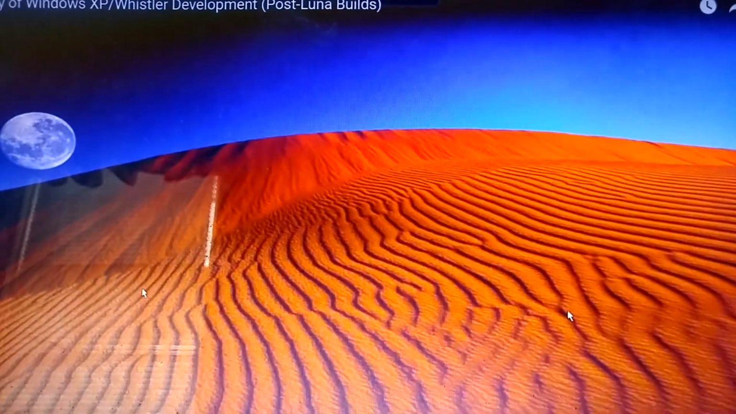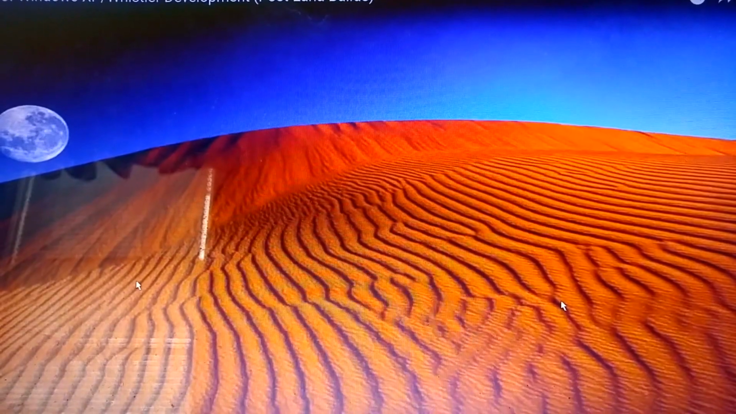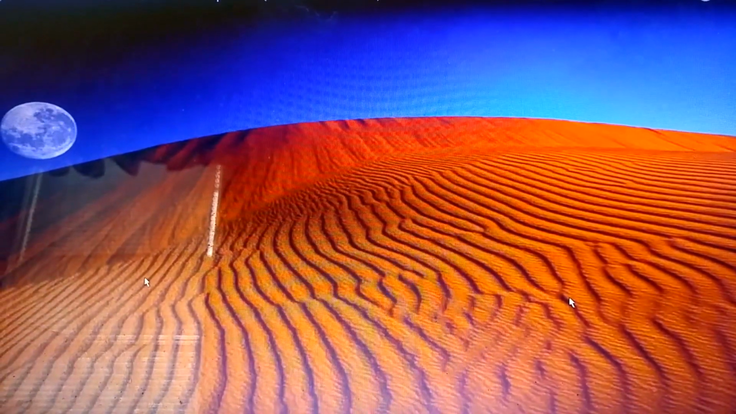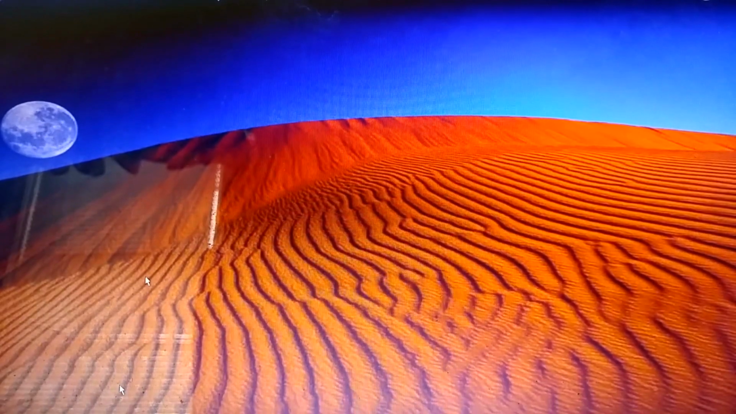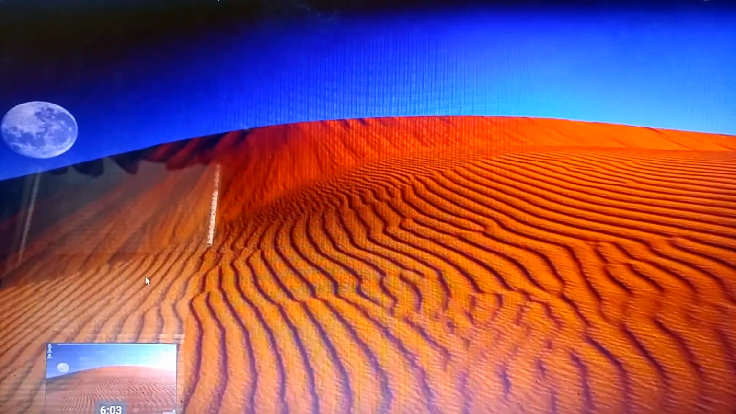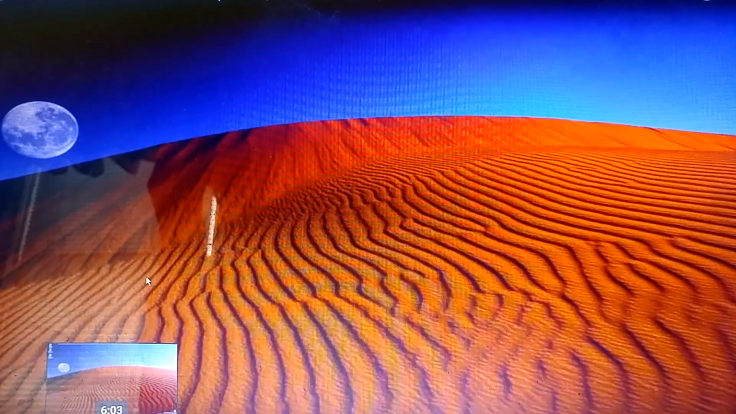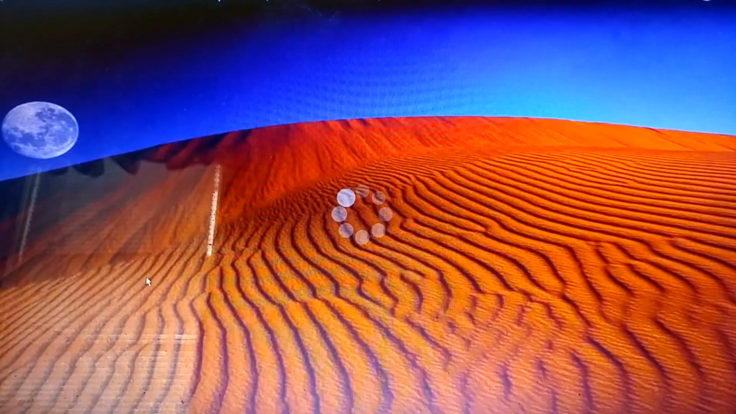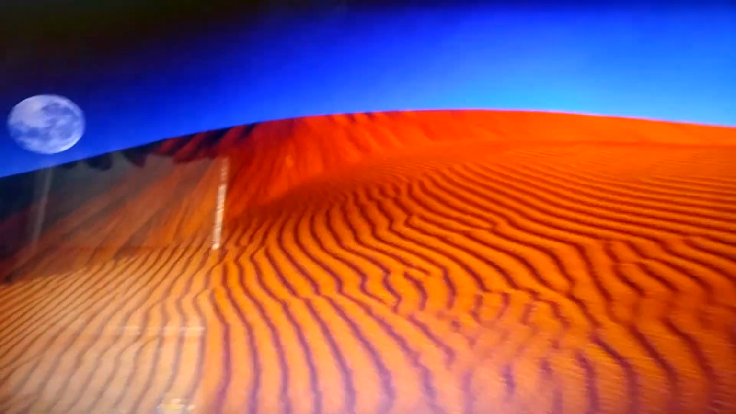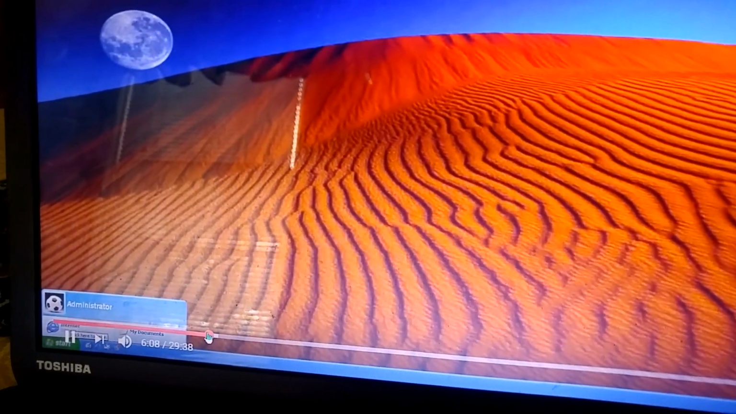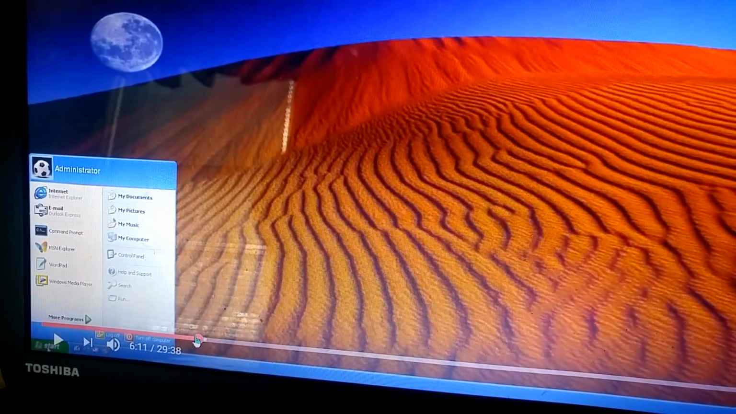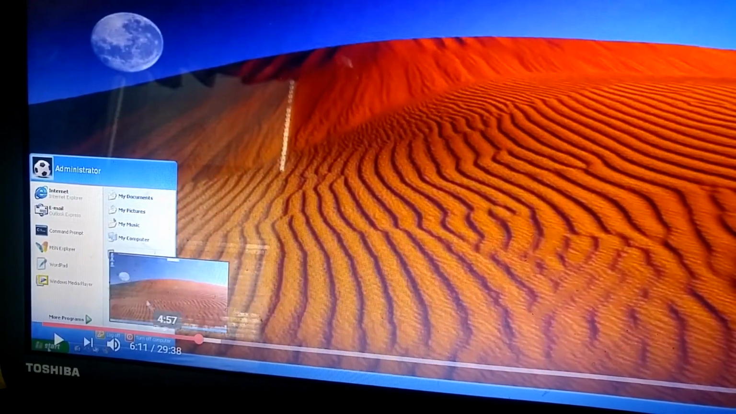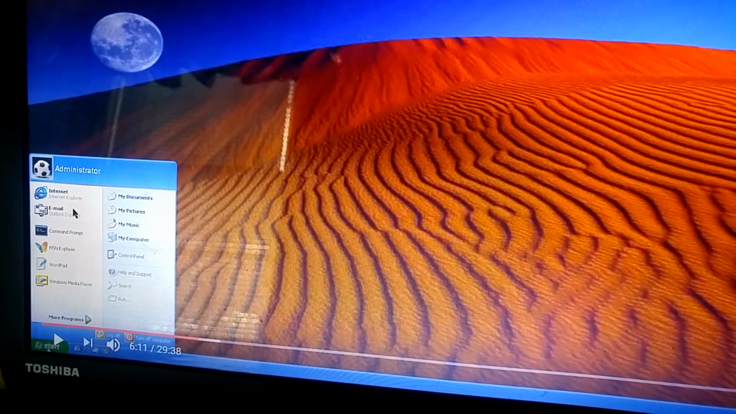Lunar. It's very, what's the word? It's not completely Windows XP yet, but it's getting there. Skip ahead a bit. As you can see, the start menu has a couple right here on the Internet Explorer, email, and